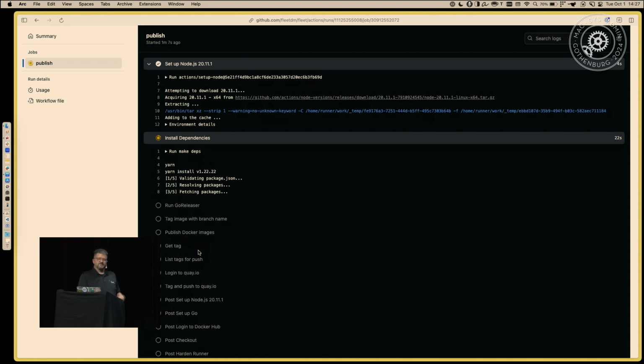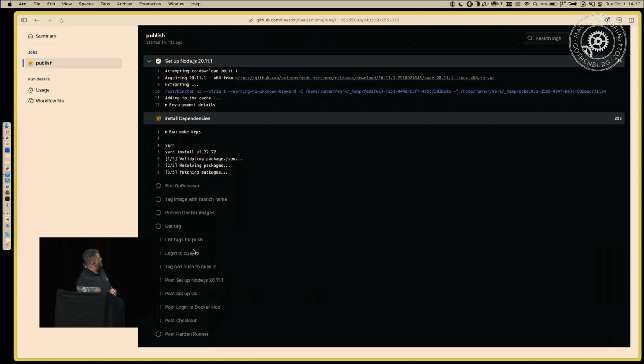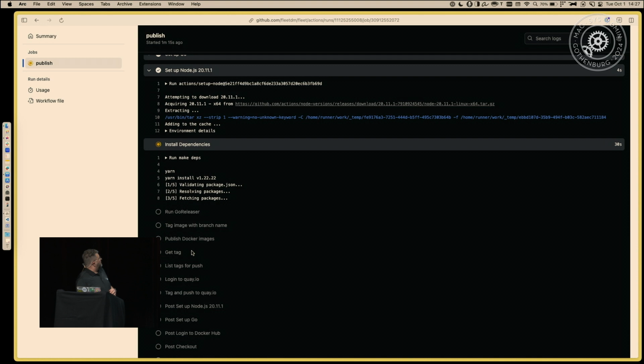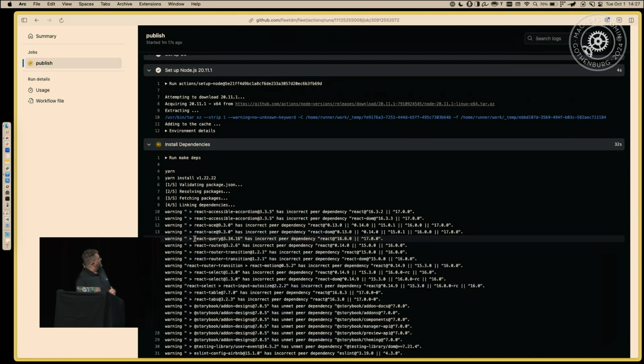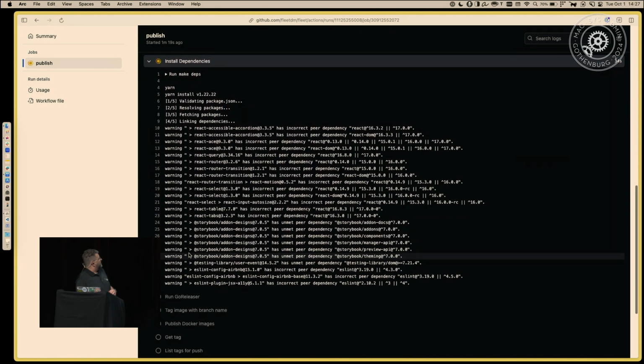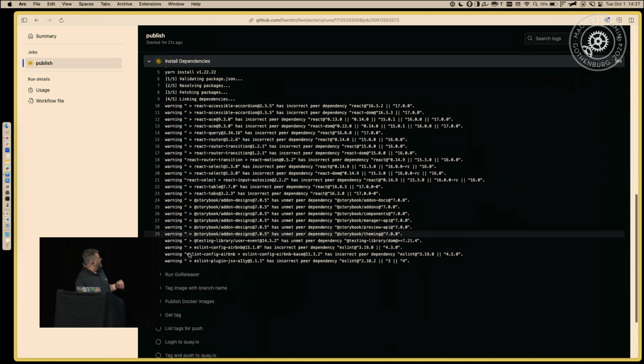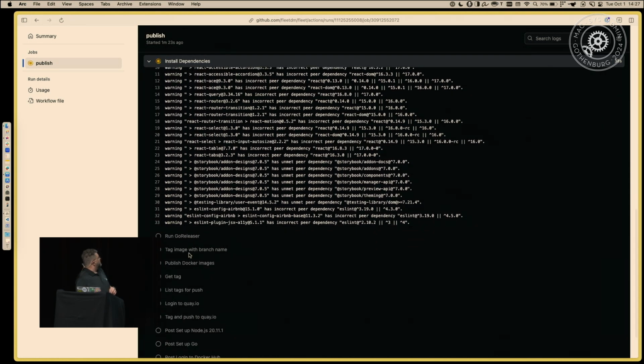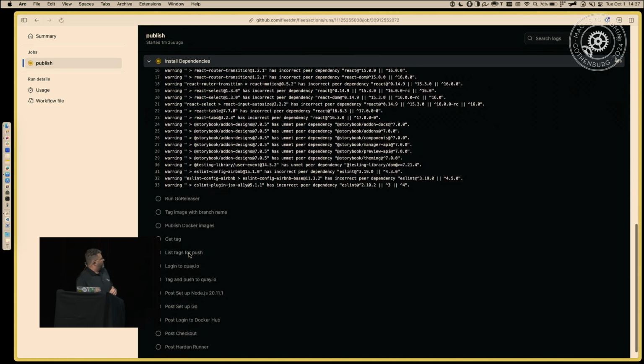This is very flashy and over dramatic for what we're actually doing. The part that we actually care about will be right after the published Docker images. There's lots of scary things, warnings, and whatnot, because stuff hasn't been updated in some of our run files. But eventually this will run, and we will get